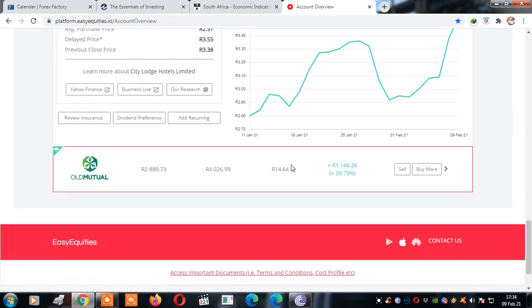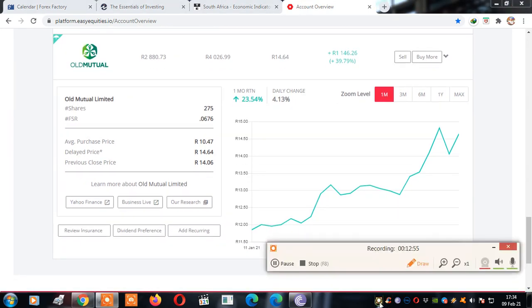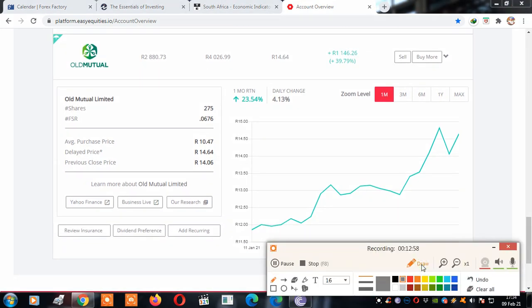and then we come to Old Mutual. Old Mutual, she has 275 shares. She bought one share for 10 rand. One share, the current price appreciated. We can see an increase there to 14.64, and this is the previous close price. So she bought the share more or less below this level, 10 rand 47 cents,